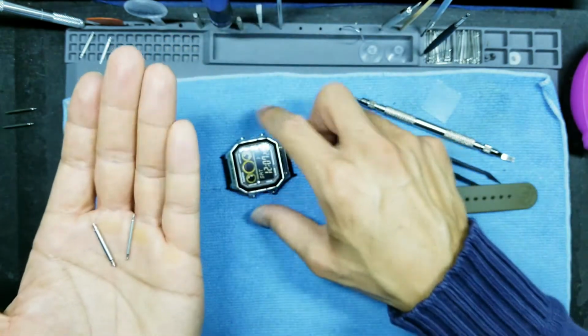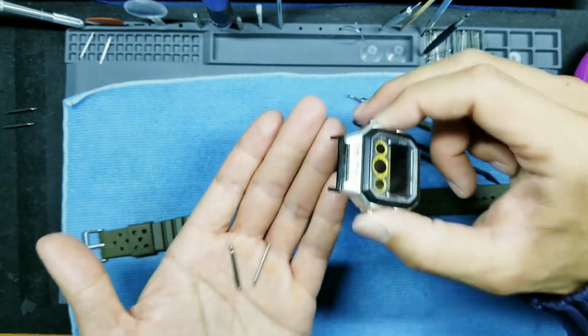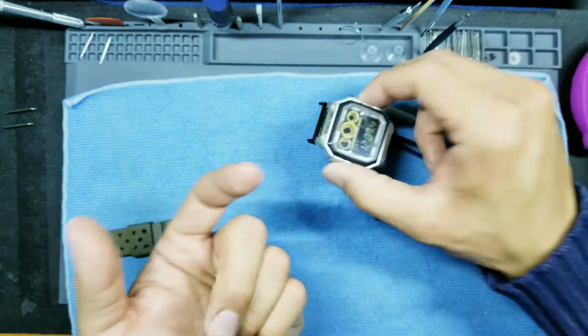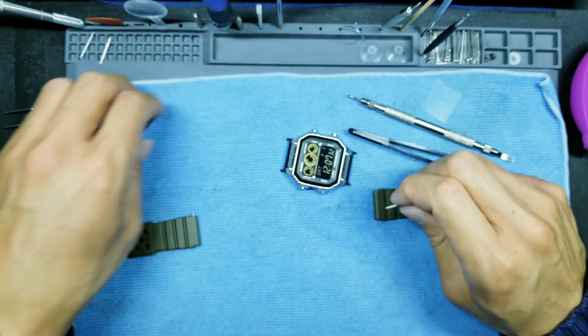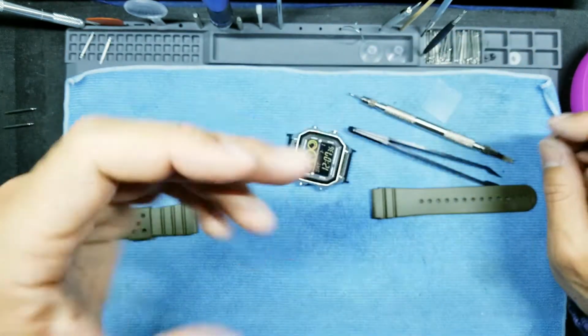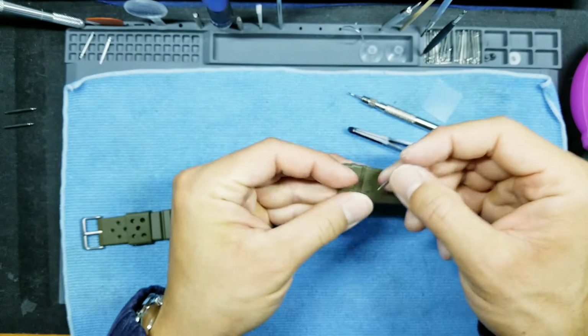But the holes on the adapters here are much smaller, so that fat spring bar will not fit into those tiny holes here for the adapters. So you need to use a standard spring bar kit. And you can buy spare spring bars very, very cheap on Amazon. I think it's like $5 or $6 for a whole box of many of them in different sizes. So take your standard spring bar,